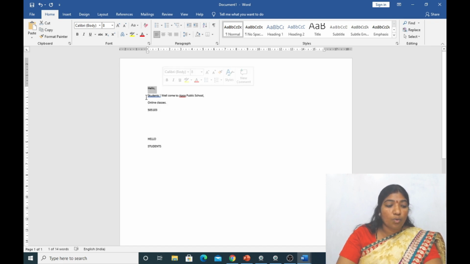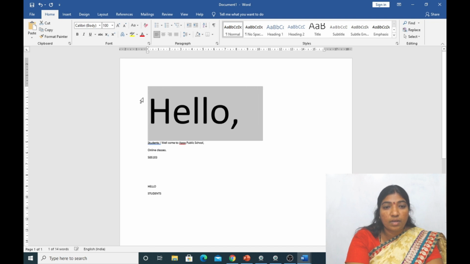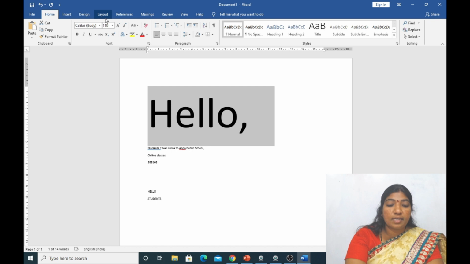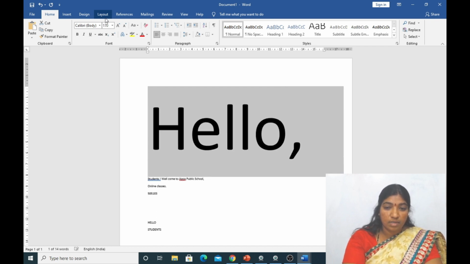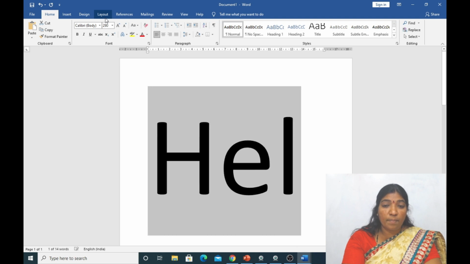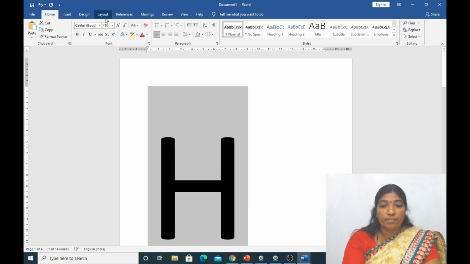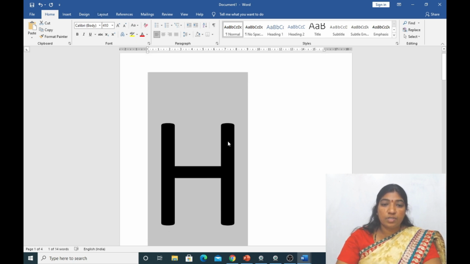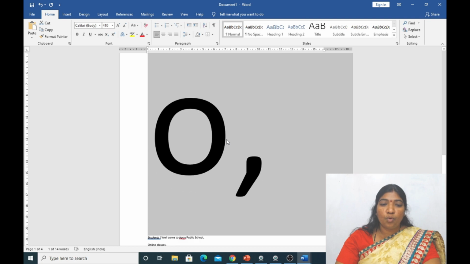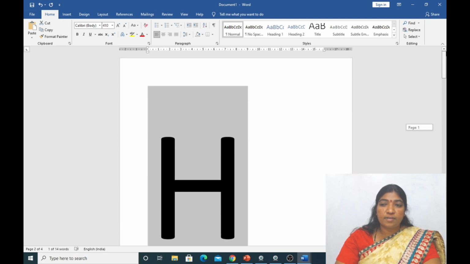Apart from 72, I can make single-letter alphabets bigger also. Just to see, hello. Just look at the font size here. It is increasing. You have to practice it. Until and unless you practice it, you will not get a clear idea. Just look here, H E L L O. Is there any difference?